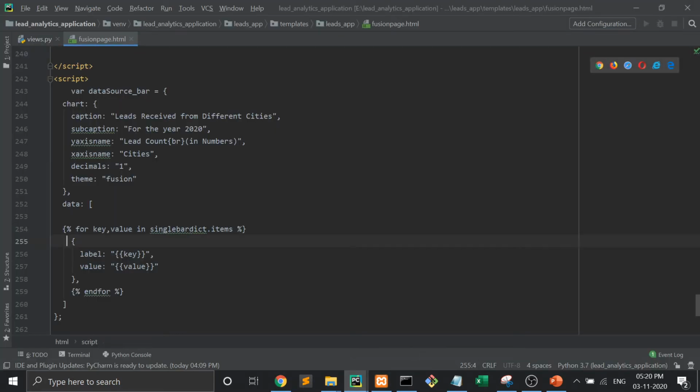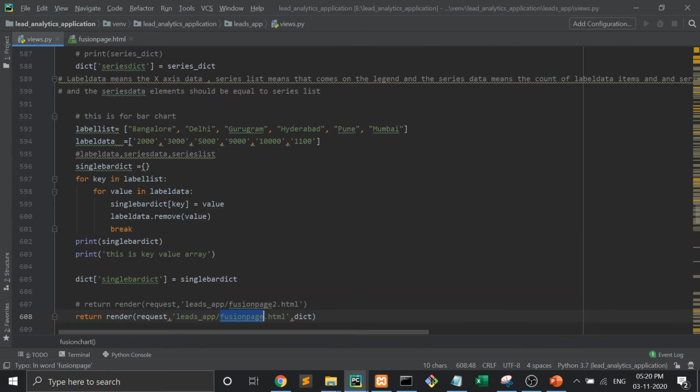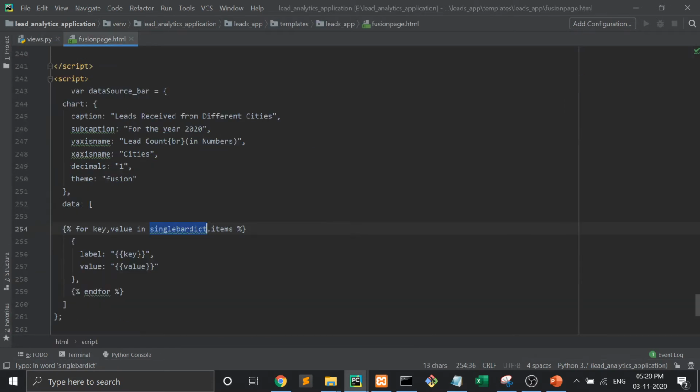I took one label and value and put it into a for loop. For key value in single bar dict dot items, label equal to key, value equal to value, and that's it. Your work is over.